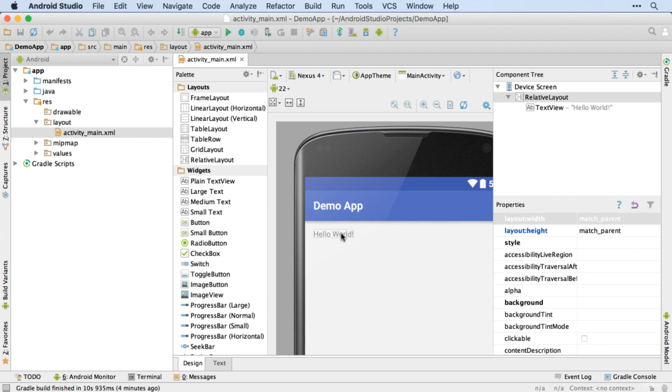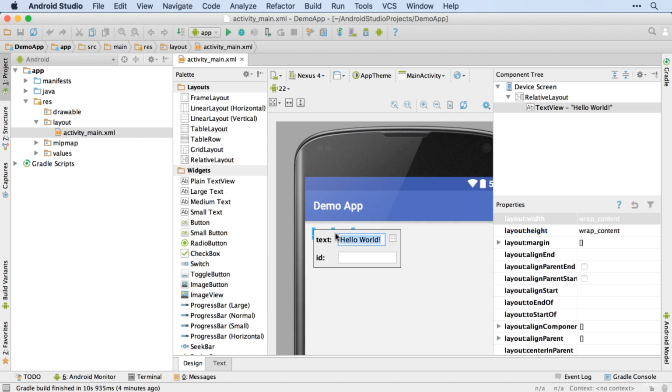But let's customize that a little bit. So we can start by just double clicking on it, and you can see we're then given the option to change the text and change the ID if we want to. So just to try it out, I'll change the text to Hello Rob, and the ID we don't actually need